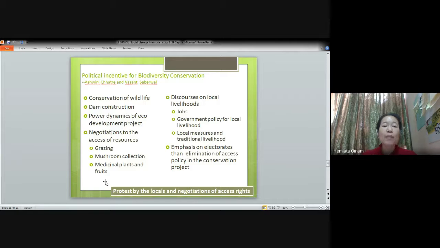And in the name of this conservation, there are different political interests and political agendas involved. That is, dam construction. Through dam construction, there is a major possibility of electricity generation for the state of Himachal Pradesh. So the power dynamics of this eco-development politics happen in such a way that the state government acts as the implementing or decision-making agency for deciding what will happen in this particular Great Himalayan National Park,